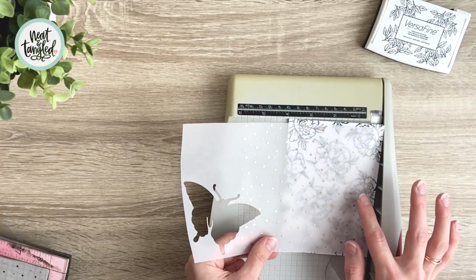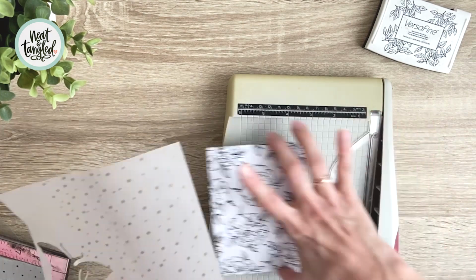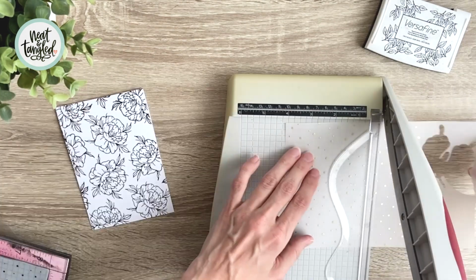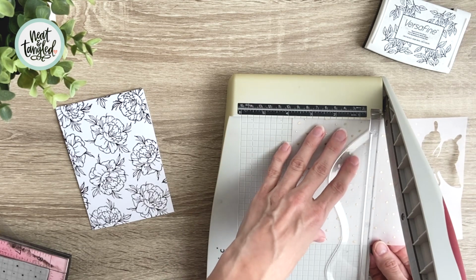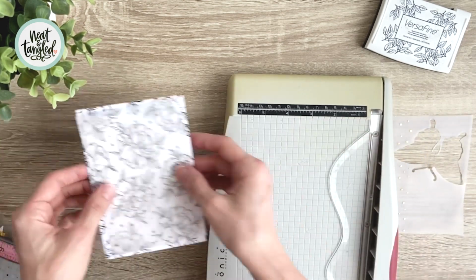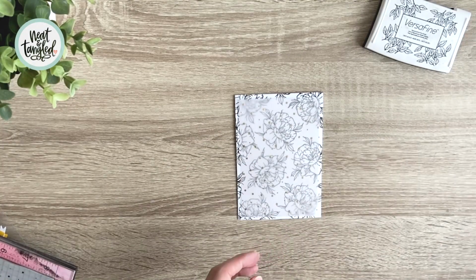As you probably know, I have a flower left over from my previous project. You can check it out, there is a video too. So I'm going to use this flower as the base, as the layer behind my sentiment. For the sentiment I took a die from the Love Notes set,